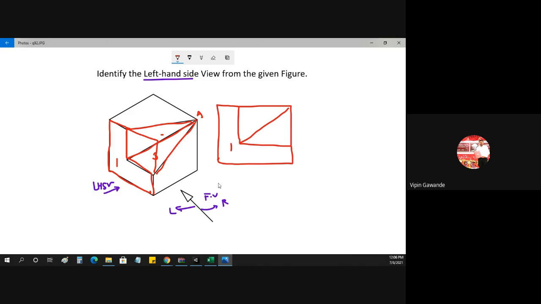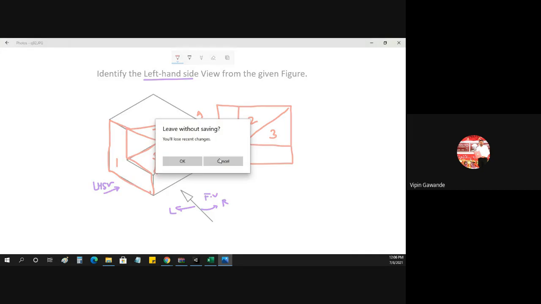Now let us check the options. So this is surface number 2, this is surface number 2, and this is surface number 3. So we'll get here 1, 2, 3. Three surfaces are there, so we'll check that one. Okay, what are the options? So in the options.